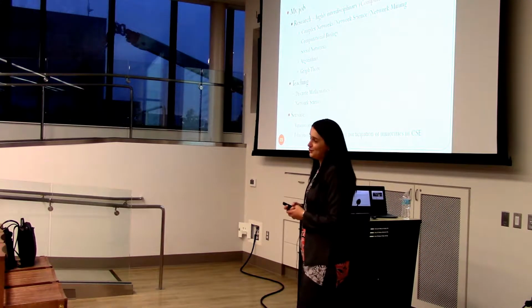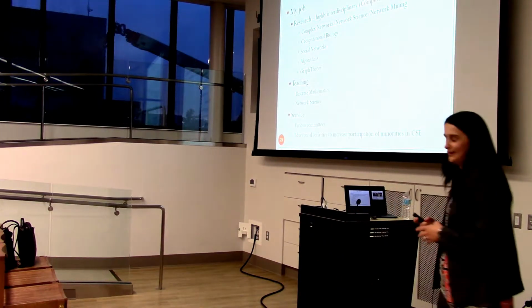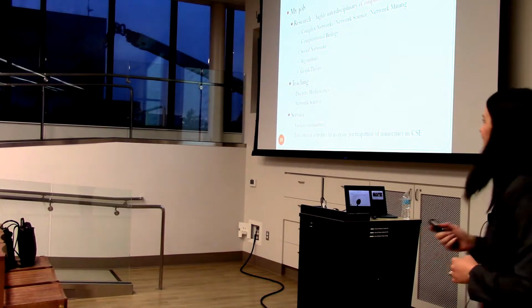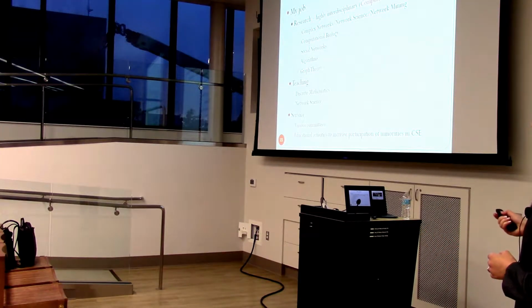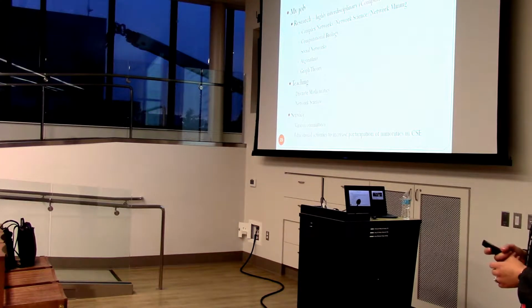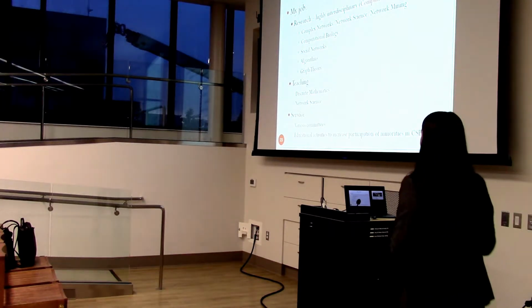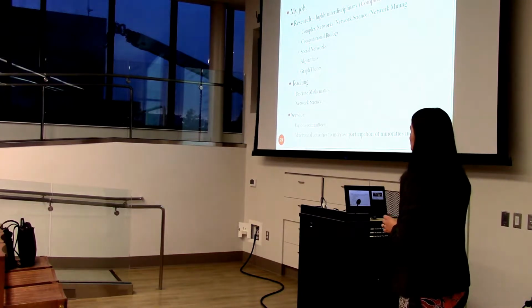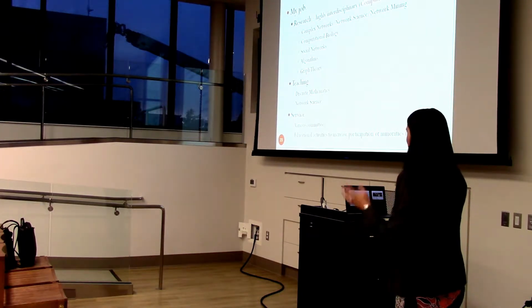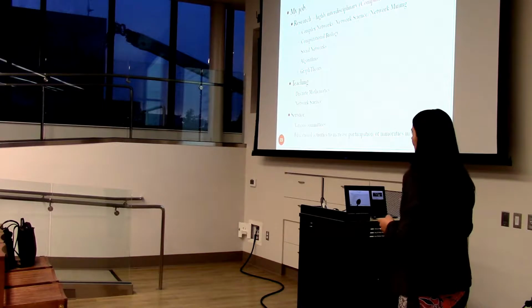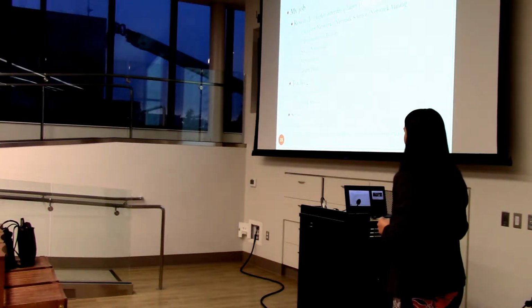So I have 3 jobs. I do research, I teach, and I do service. And imagine my research is in intersection between computer science, math, and biology. Remember the 3 fields I was debating between when I was going for college? Well, I ended up doing all 3, which I absolutely love. These are kind of names of my research fields. I'm not going to go through them. I could even add data mining, I think, in there.